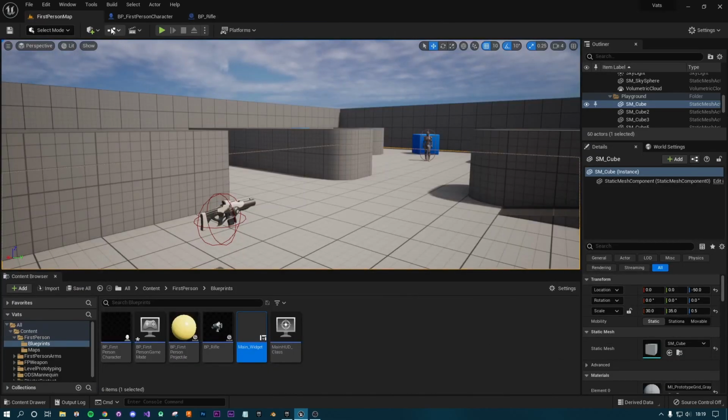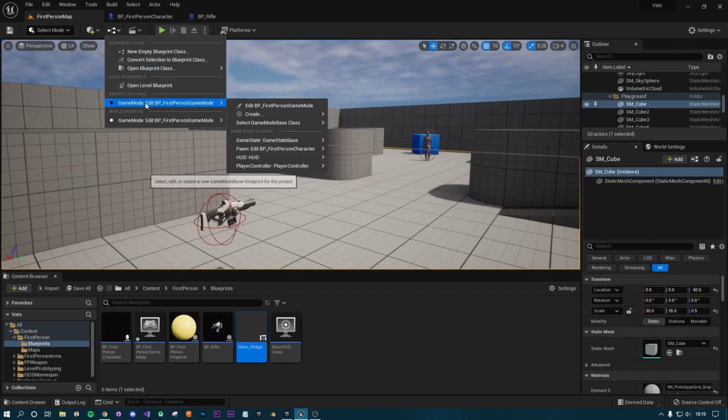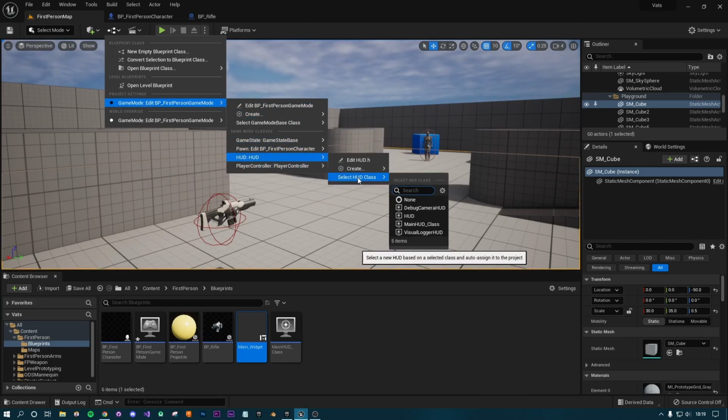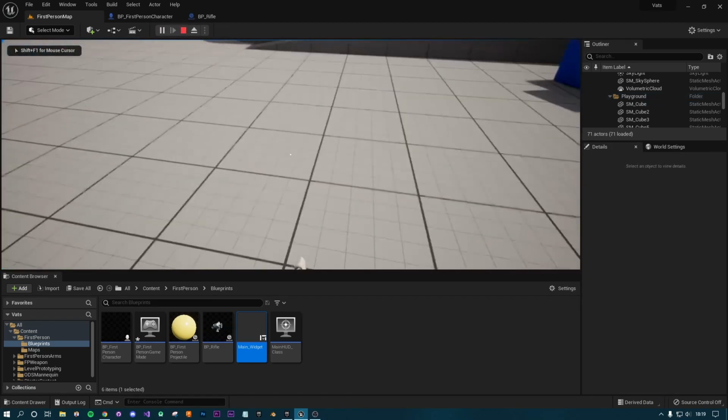Now all that's left is, if you go back to your list of world blueprints, which is this button at the top, go to project settings and game mode and go to HUD and select HUD class and pick your new HUD class. And if you press play now, you'll notice that you've got a white dot in the center